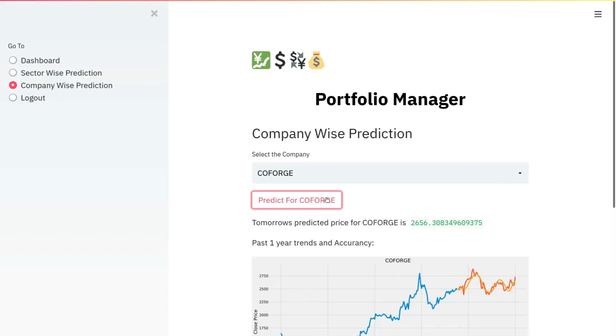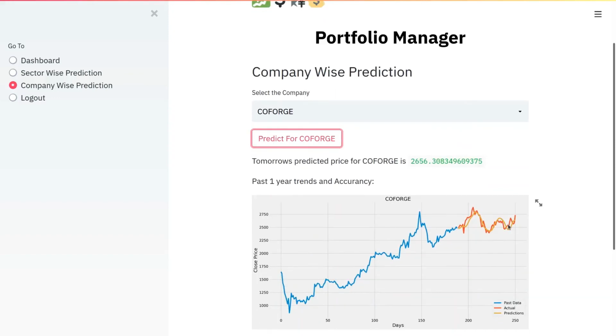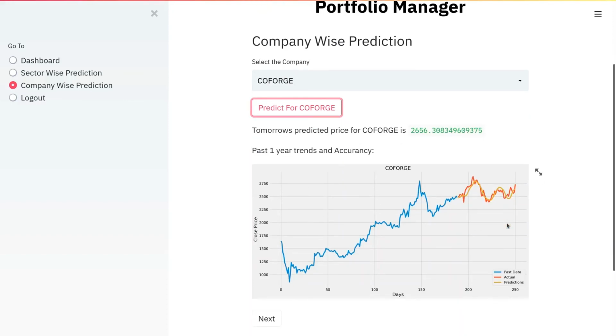As you can see, tomorrow's predicted price is this. The user can also check how accurate our prediction would be with the help of this graph plotted here,